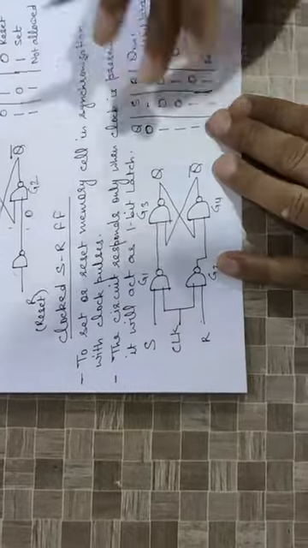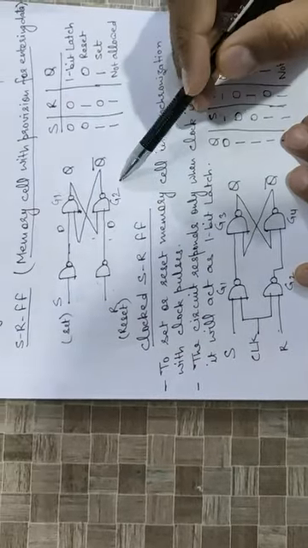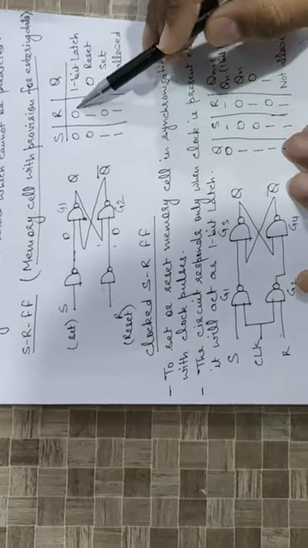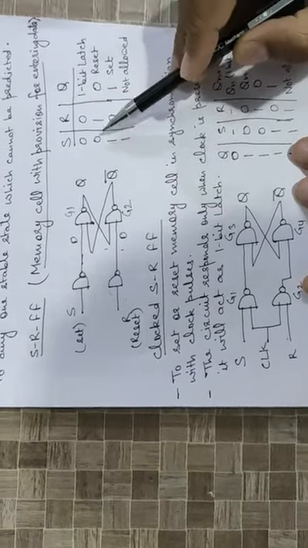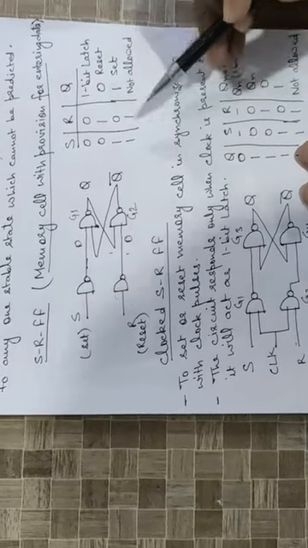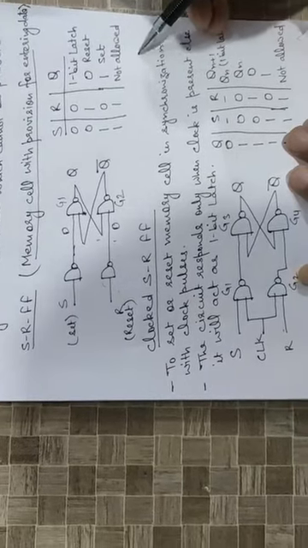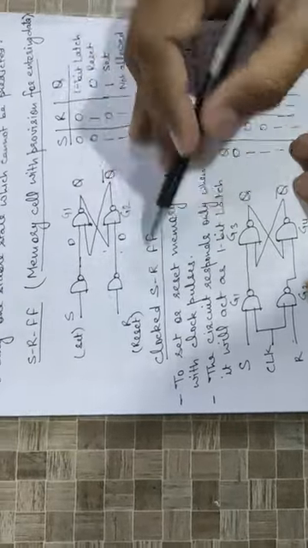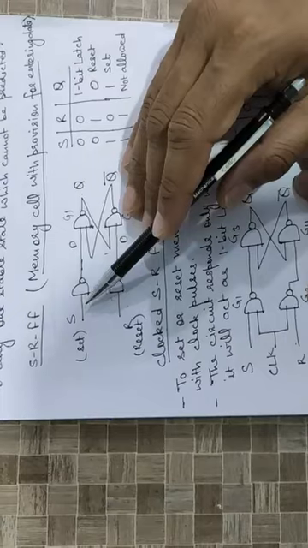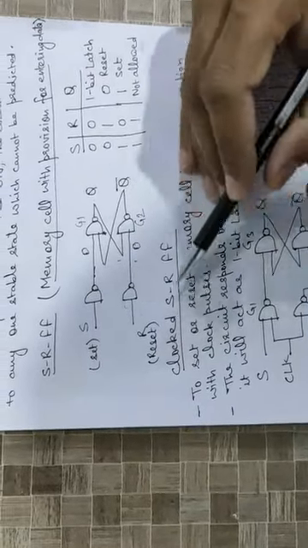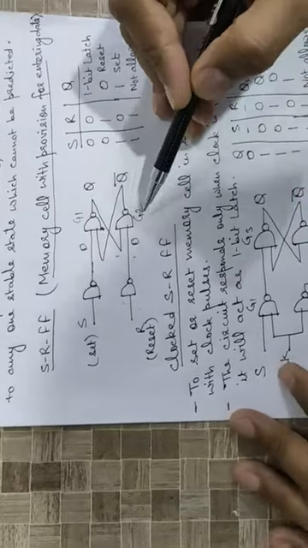In the previous lecture we discussed the SR flip-flop, and the truth table was this one. On 0 0 it is a 1-bit latch. When the input is 0 1 the output is 0. When 1 0 the output is 1, and 1 1 is not allowed in this case, because both the outputs will try to be 0. Here, when we took the inputs, we haven't taken the case of a clock. So in that case it will be acting as an asynchronous input.